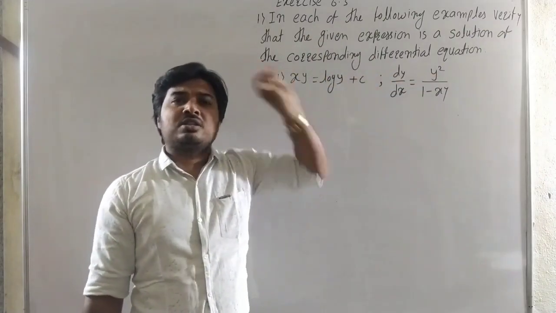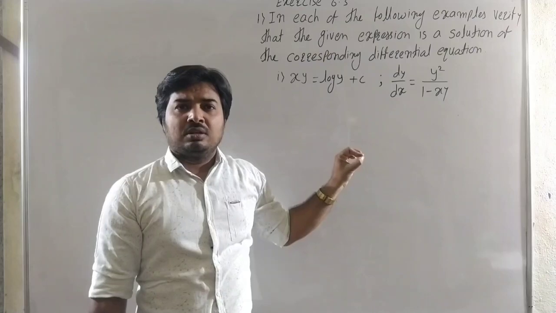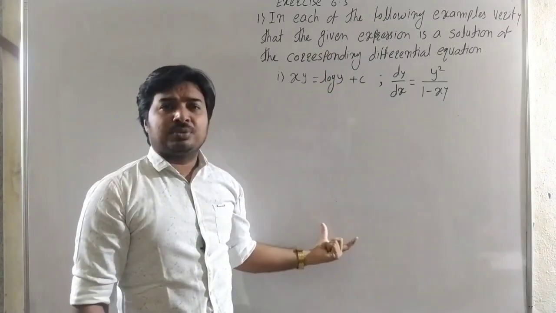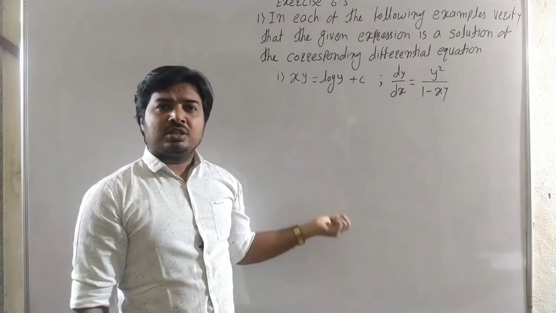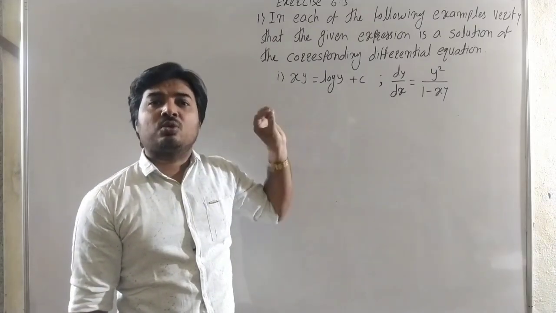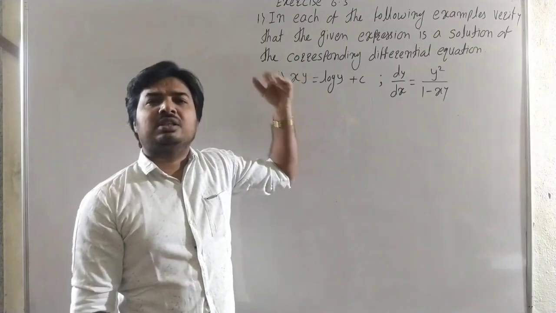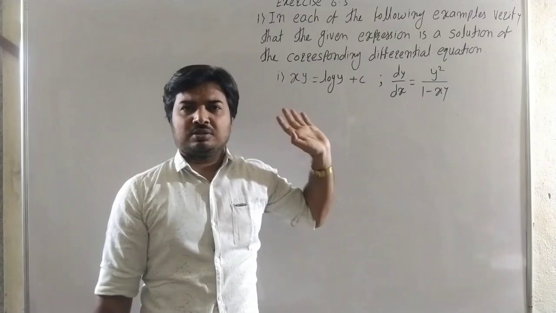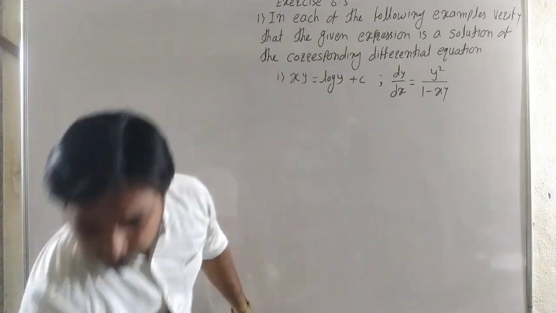The solution is the same as in differentiation. We just differentiate this equation. The solution is the same, only with some minor change in the question. Here there is a differential equation, and we directly differentiate, then we get the equation, which is a differential equation. Now see one by one.